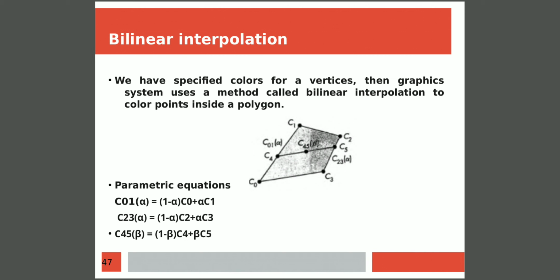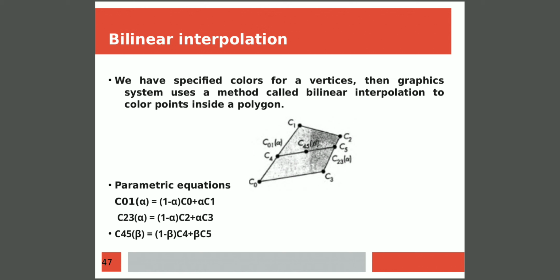But when we display a cube, we need to observe the color in the complete face of the cube, not only at the vertices. Then by looking at the color of a vertex, how can we fill a color for the entire face of a cube? Or how can I fill the color for the points inside the face of a cube or inside the cube? So to fill color inside the cube by looking at the color of a vertex, we have a method known as bilinear interpolation.